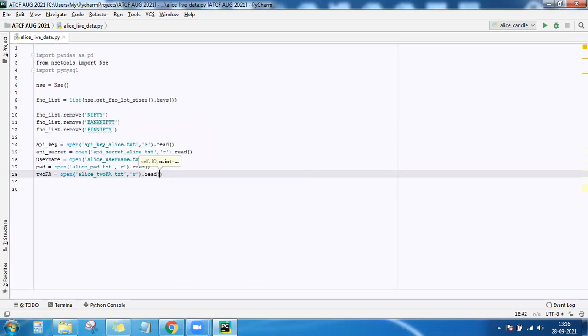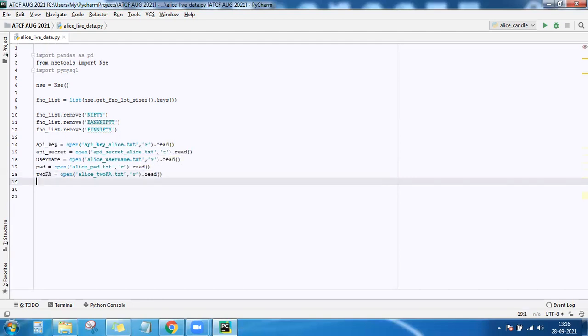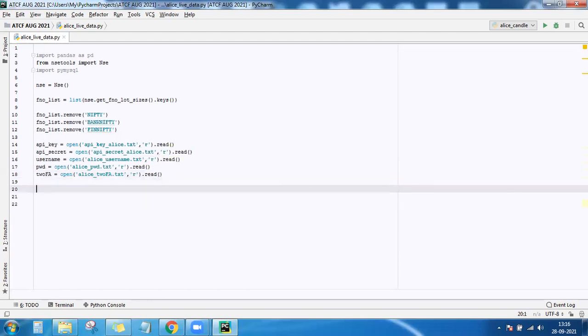So all the important details you have now read. The next step is to generate the access token. As I told you, the access token is necessary if Alice Blue should allow you to download the live data. So for that, you first have to log in.